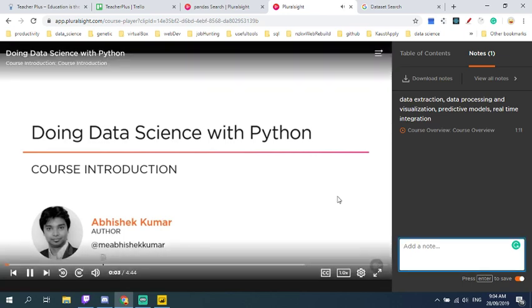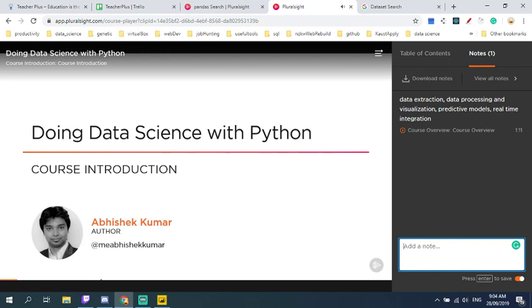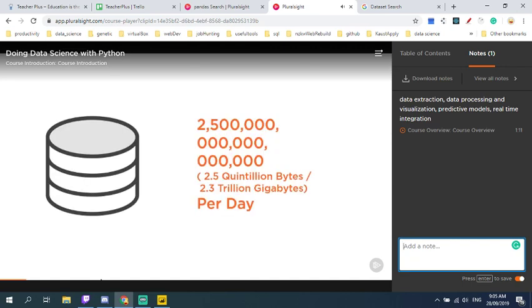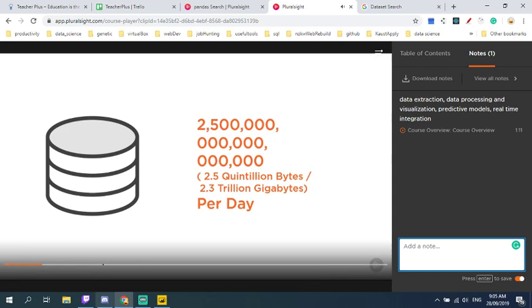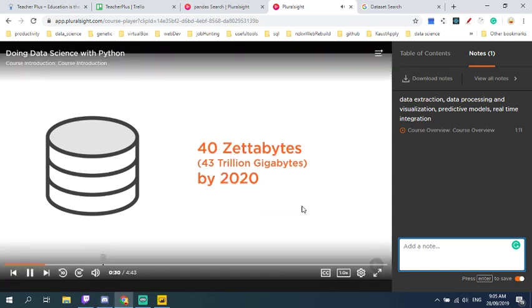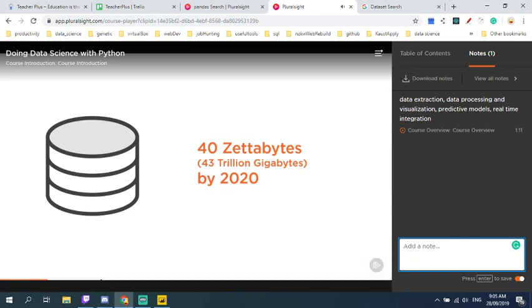Hi, this is Abhishek Kumar and welcome to this course on doing data science with Python. Data science is one of the most exciting fields these days, and one of the key reasons behind this excitement is the massive amount of data that is getting generated across the world. Looking at some numbers, currently the whole world is generating roughly 2.5 quintillion bytes, that is 2.3 trillion gigabytes per day. And with this rate, the world will generate approximately 40 zettabytes, that is 43 trillion gigabytes of data by